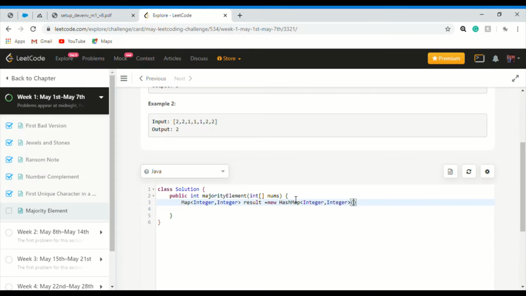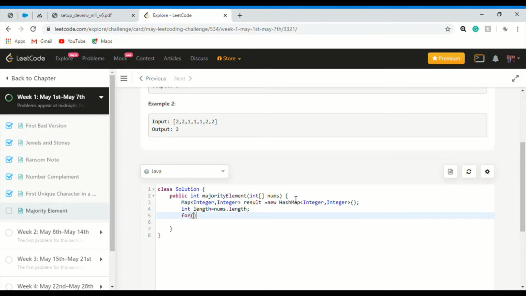Done. So this is basically the syntax of creating a hash map. Then we have to check the length of the array. So we are naming a variable length, as we are following the clean code standards. nums is the name of the array that is given already, so length equals nums.length.